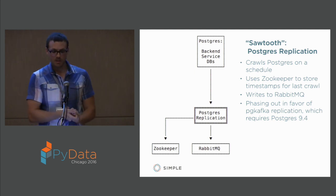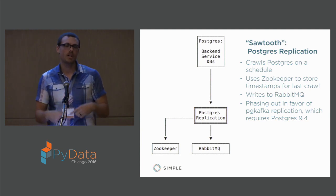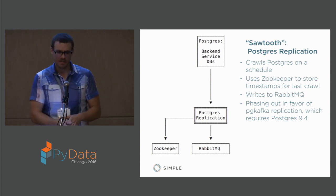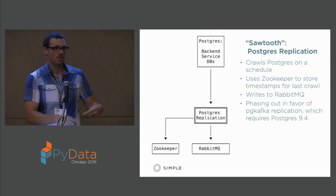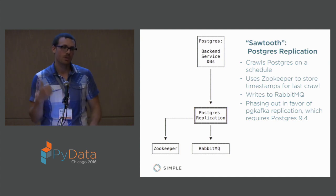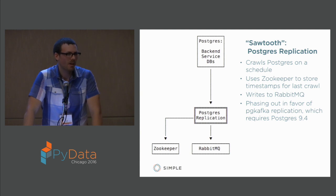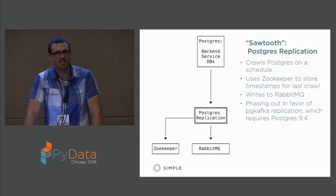We have a service called Sawtooth. It's old. It's basically Postgres replication in that we crawl Postgres on a schedule, every 10 or 15 minutes, and use Zookeeper to store the timestamps for the last crawl. When we crawl it, we fetch the last 15 minutes of data and put that to RabbitMQ. That goes to Redshift. We have some really tricky bugs in this library around the updates of rows. We found that doing this can be tricky when you have a lot of row updates, and sometimes we have tables with poor data models where it's not clear when the row was updated. So we found some subtle bugs in here, and we're moving away